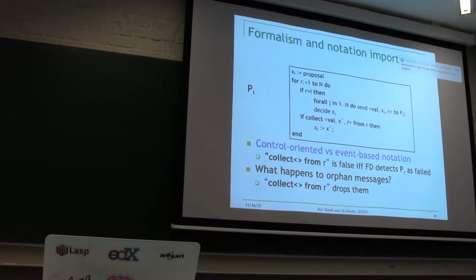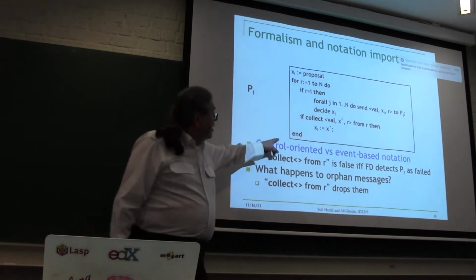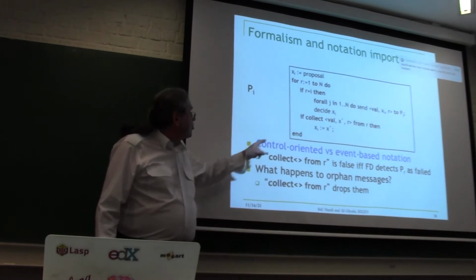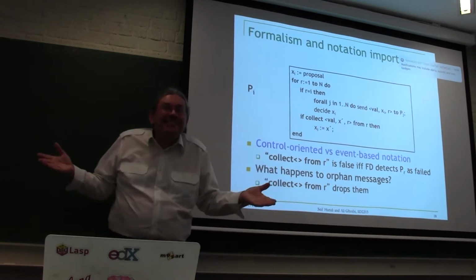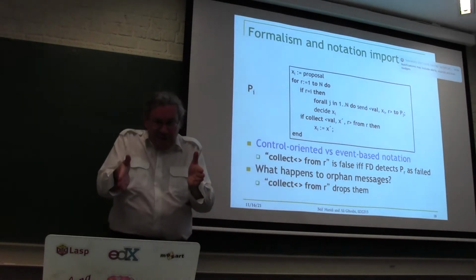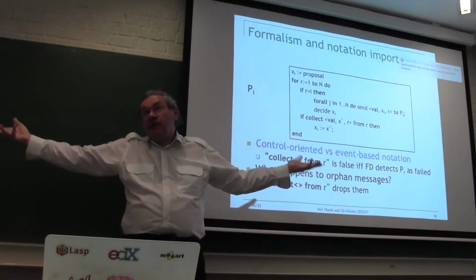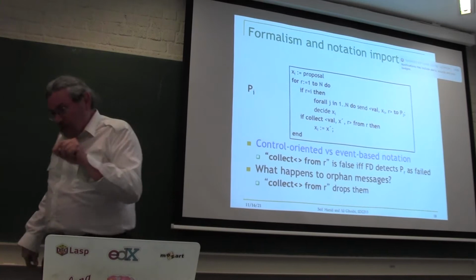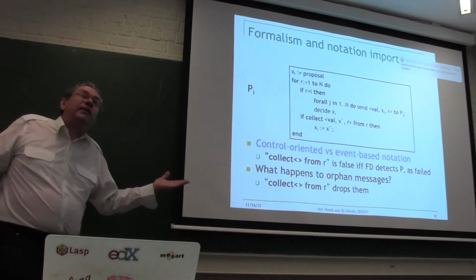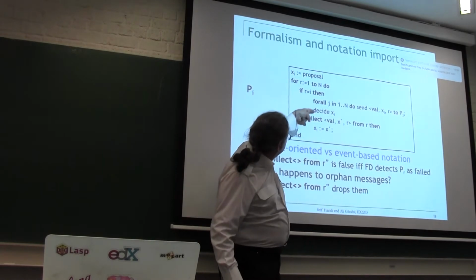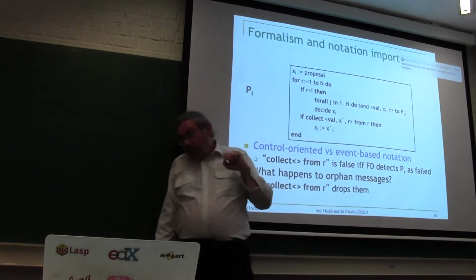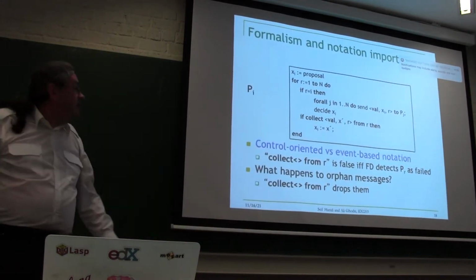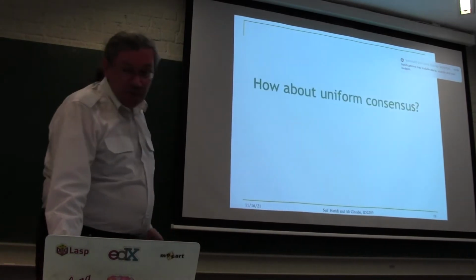So we did regular consensus. Now I want to do uniform consensus. So this algorithm here is not uniform, and I'll show you an example why it's not uniform. And the reason is it decides too quickly. If you decide and then you fail, then the other nodes can decide differently. And in a uniform one, if you decide and you fail, the others have to decide the same thing. So here, you're deciding very fast, right after you send the for all. So this is too fast. So the way to make it uniform is to delay the decision, okay? So let's make this thing uniform.